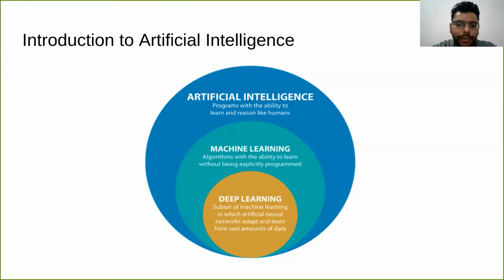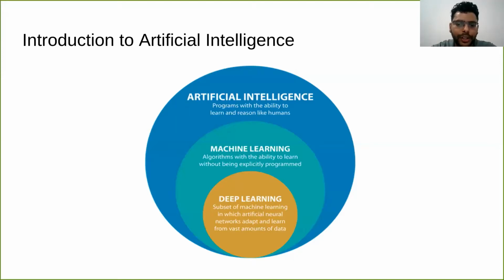And deep learning, as you must have heard, works mostly with large amounts of data, but in machine learning we can use a small amount of data as well. So this is the general idea of what machine learning looks like, and what the whole purpose of machine learning is.